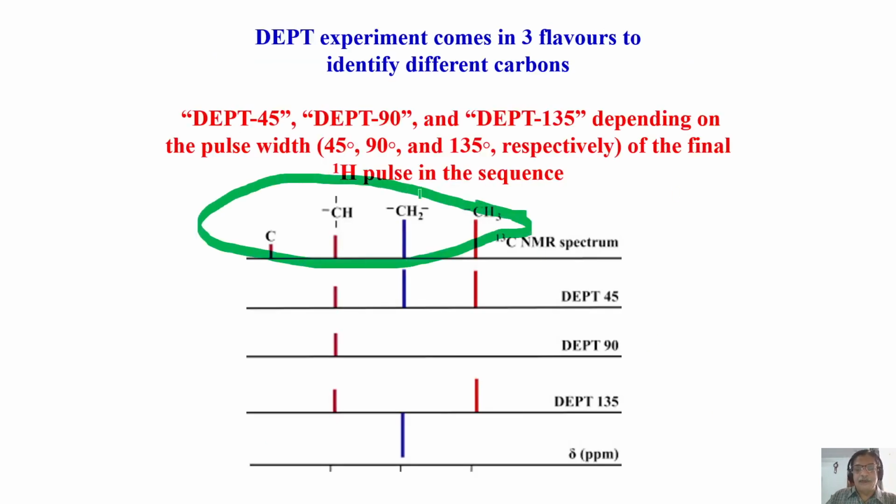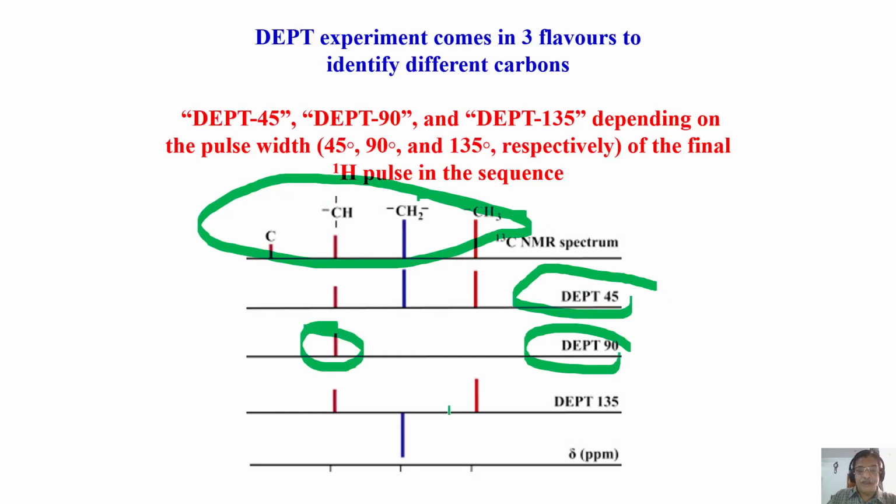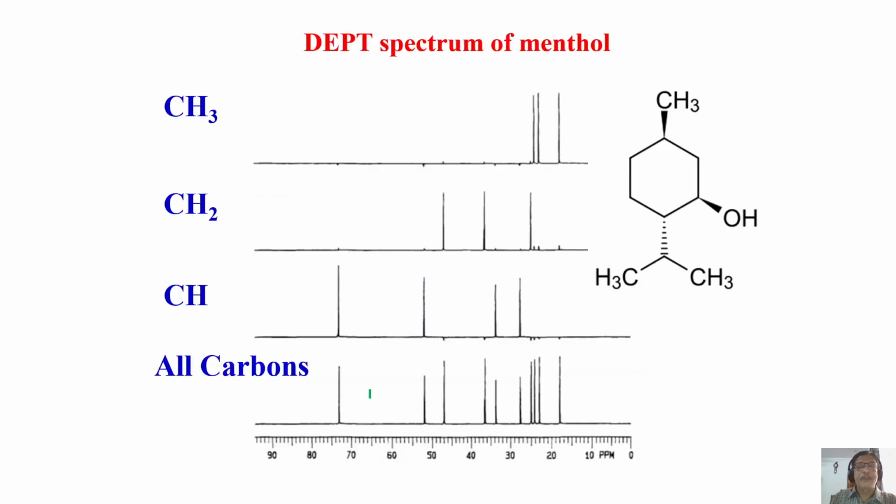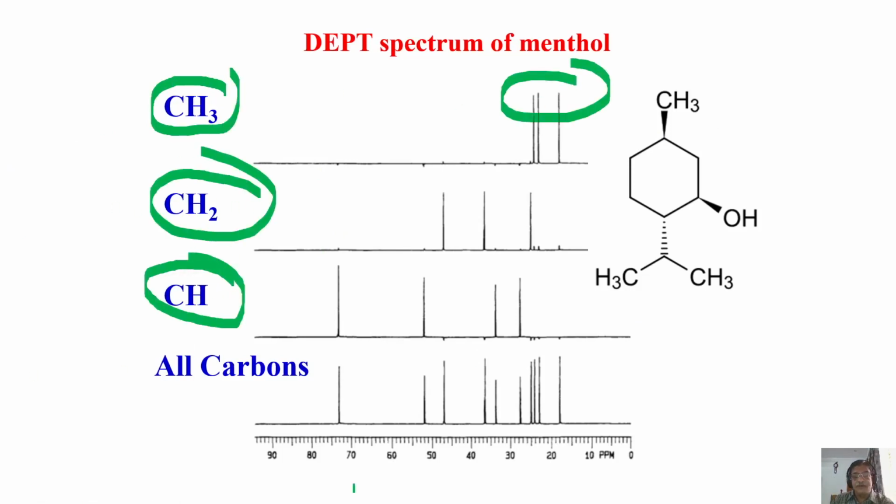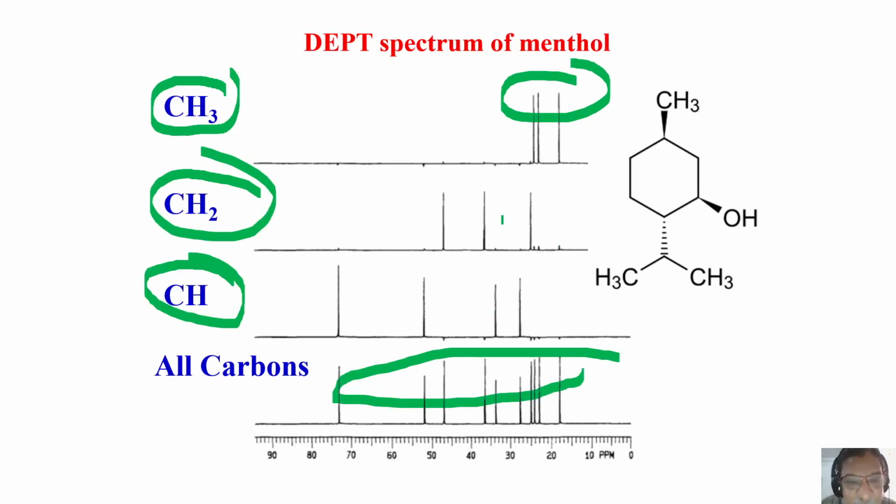So this is a simple comparison. This is a normal carbon 13 NMR spectrum. This is DEPT 45 where everything is observed. DEPT 90, only the CH peak is observed. DEPT 135, carbons attached to odd number of protons are positive, CH2 is negative. And a real comparison of the spectrum is like this, in a menthol molecule: CH3 only carbons, CH2 only carbons, CH only carbons, and all carbons. How did I get only these? This is what I said. 3 experiments you do. Once you get only CH, once you get all positive, once you get 2 positive and 1 negative in the 135 experiment.